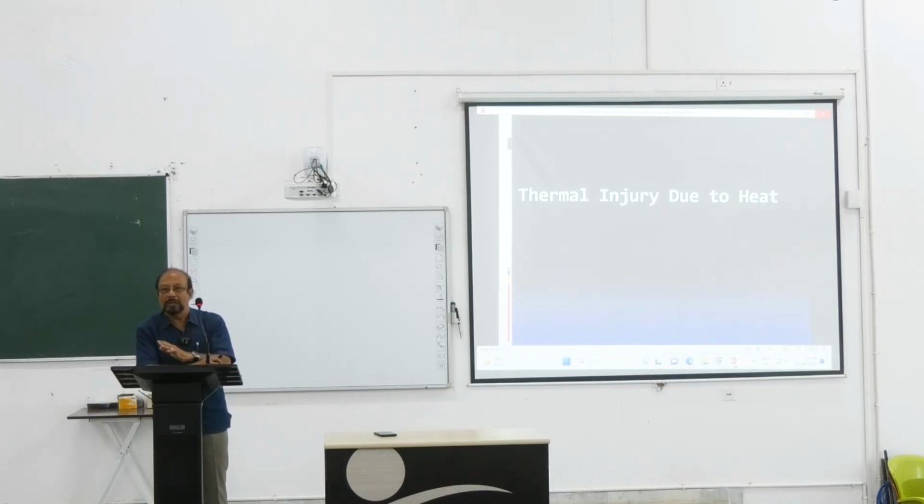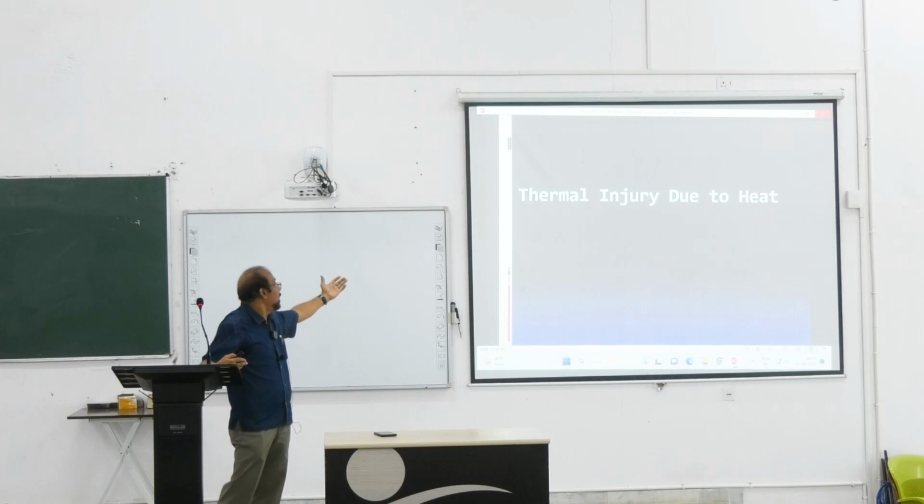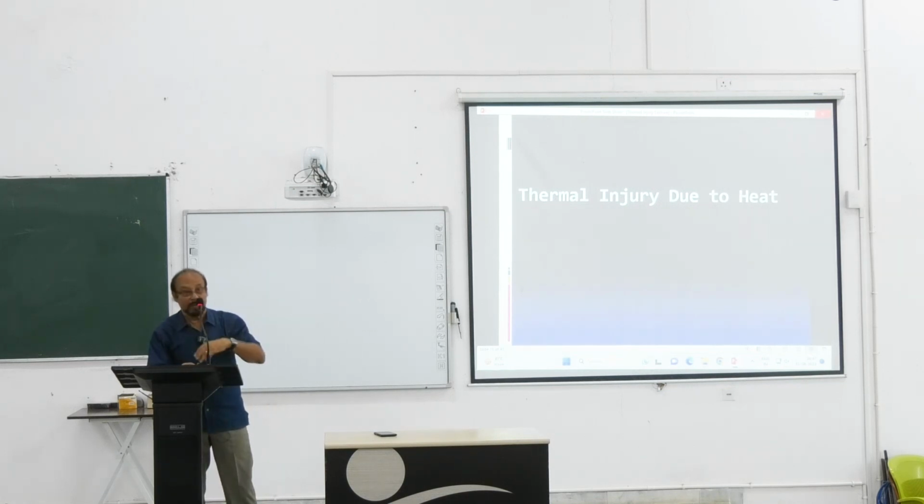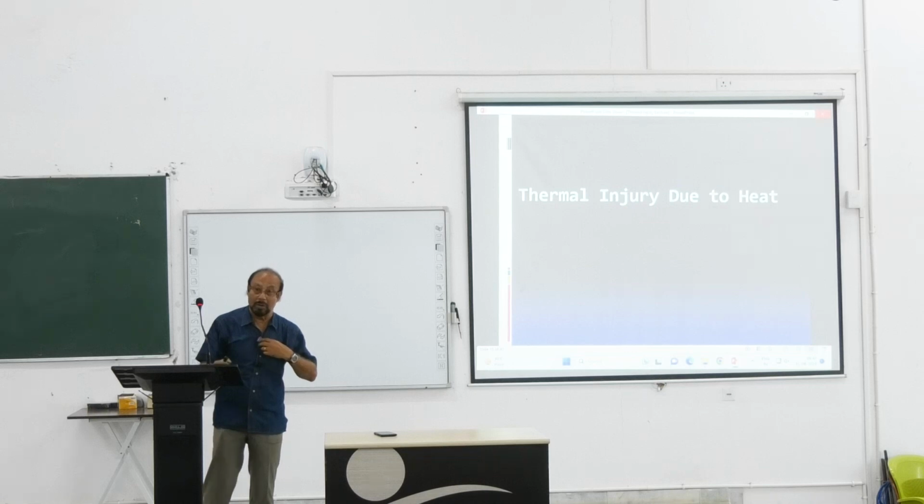So in injury, as I said, the subnormal temperature, that means below 37 degrees, causes injury. It may be local or general injury, and fatality may occur. In that case we have to discuss how and why it happens, and its forensic importance. So in the next class we shall go to the next stage, thermal injury due to heat. So cold injury is okay.